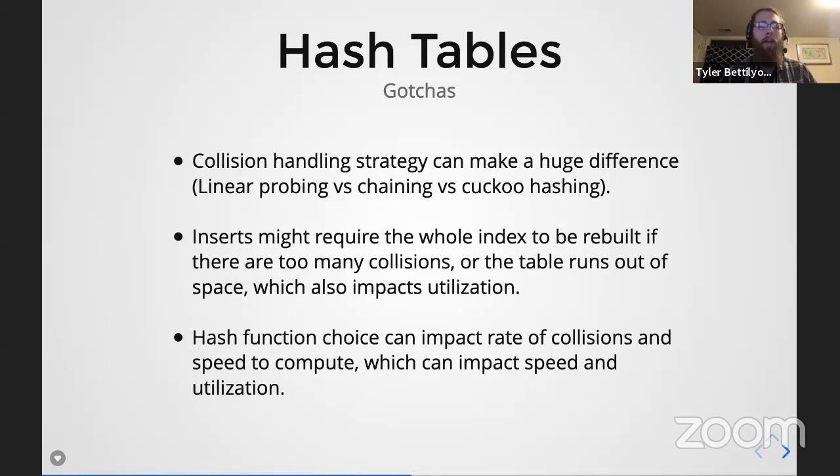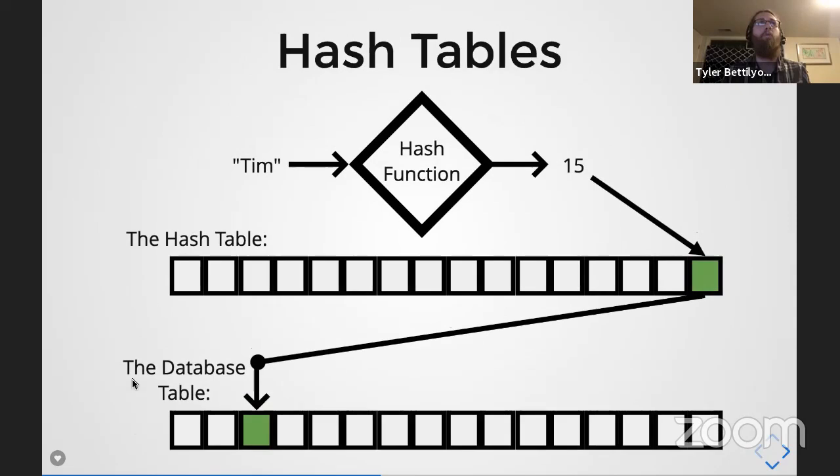From Sanjeev, why is it impossible for the utilization rate to be as high as possible? That's a complicated question, but I can give you some broad strokes. The idea is when you have a higher utilization rate, that is your hash table is more full, every new item that you insert into that hash table is more likely to collide with another item. That is to say, we have some fixed size of our hash table. In this example, we have 16 items in the hash table. And every time we put something in there, we have to deliver a hash code that is between 0 and 15, so between 0 and 15,